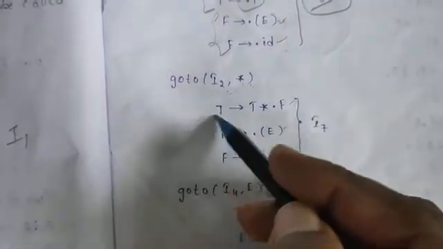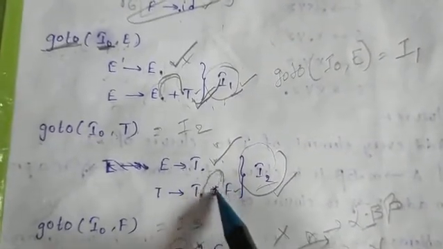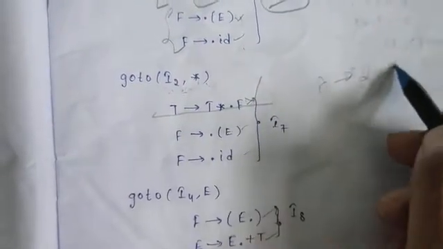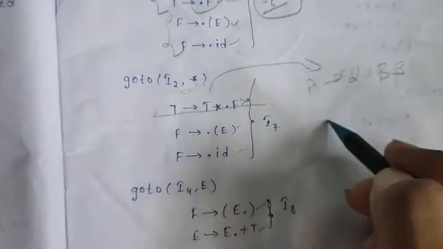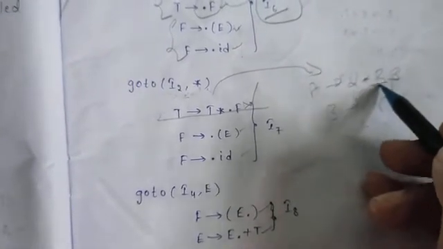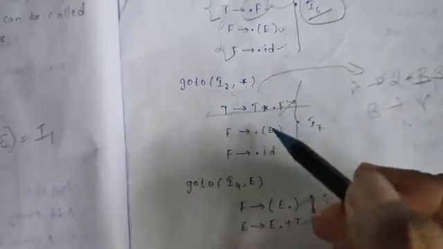So here we got only this statement. Why? Because the dot moved from here to here, meaning T star dot F, and only this production will be there. Again it will check for A tends to alpha dot B beta. It will match with this one. If it matches, B tends to dot gamma, meaning any B-related production should be placed under this production set. Here F is there, and F-related productions should be placed under this.